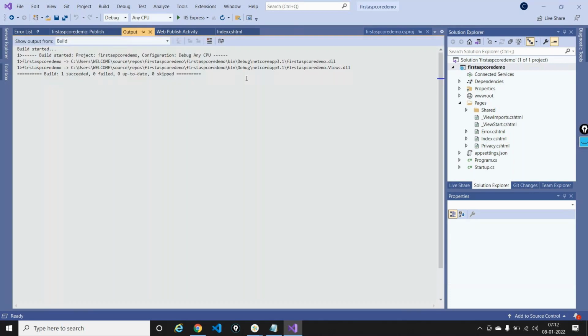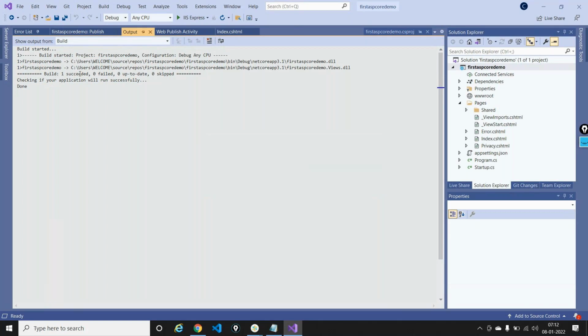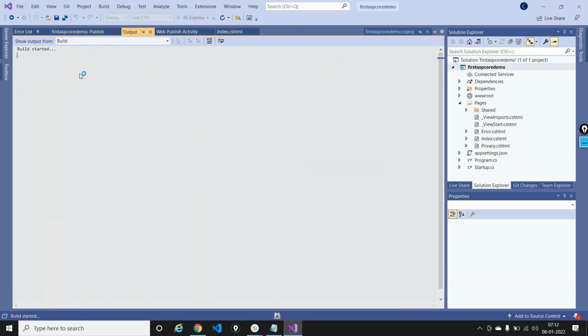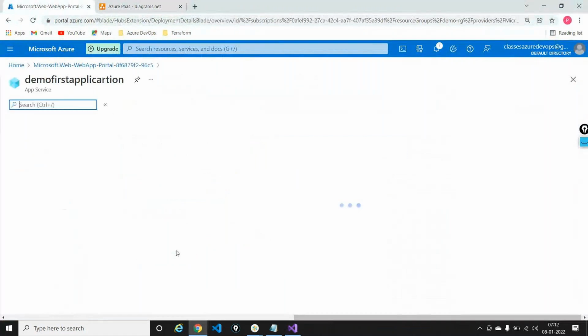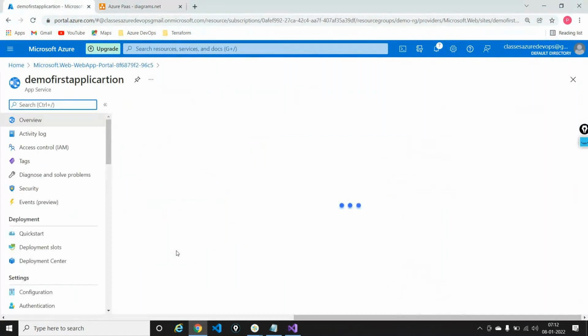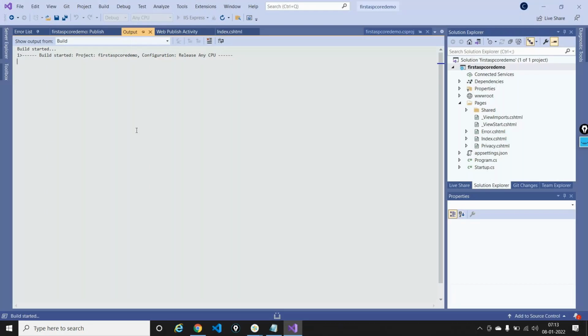All I'm doing right now is I built my code. The build started, the build finished, it is successful. The code is converted into binary, and now the code is being deployed onto an application service that is running on Azure. This is what we are doing right now. So we have the Azure portal, we have tested it on our local machine, and now we are taking the entire application and deploying it onto Azure. So let's try doing that. It'll take about a minute or so.